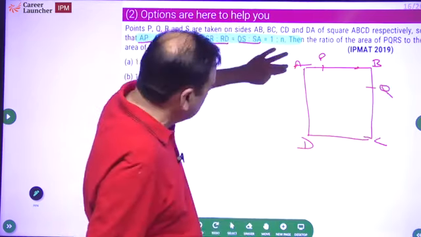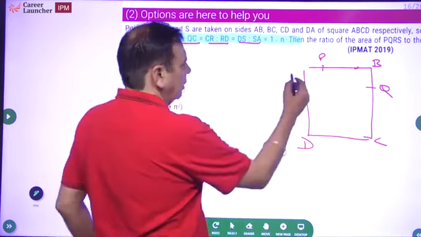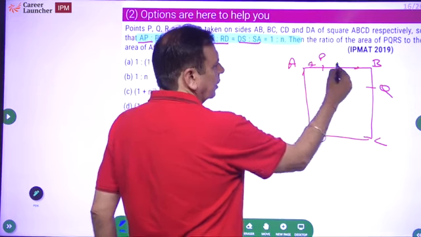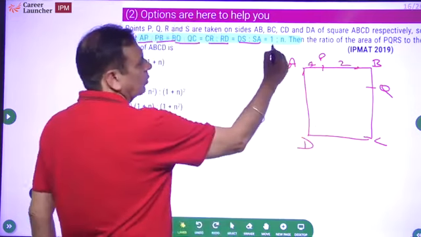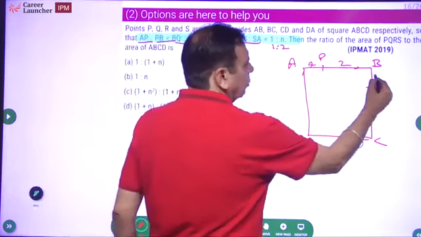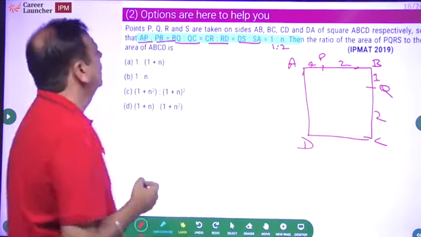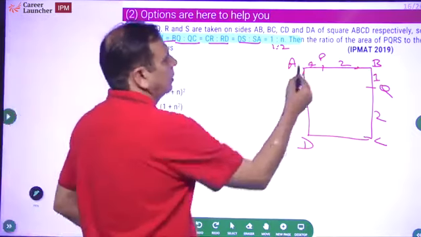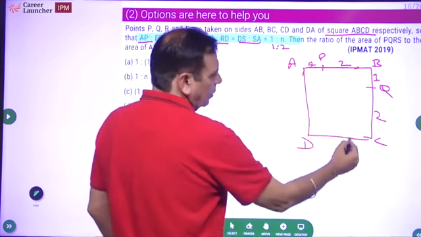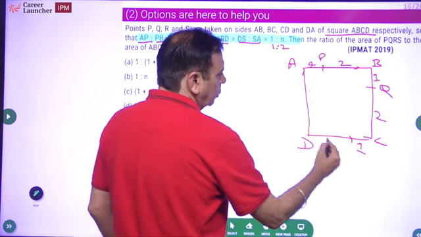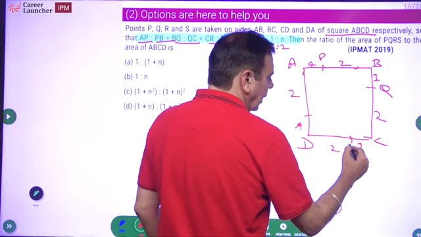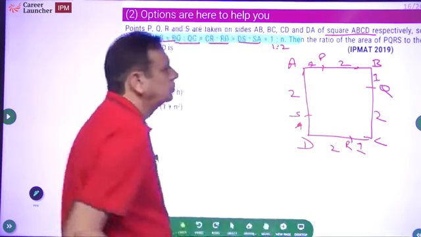So, let me just, yeah. This is A. Let me say this is 1 centimeter and this is 2 centimeter. So, what does that mean? This is 1:2 or n is equal to 2. So, again, this will be 1, this will be 2 because this is a square, isn't it? Similarly, if I look at 1, 2, 1, 2, PQRS, PQ, this is R and this is S, isn't it?